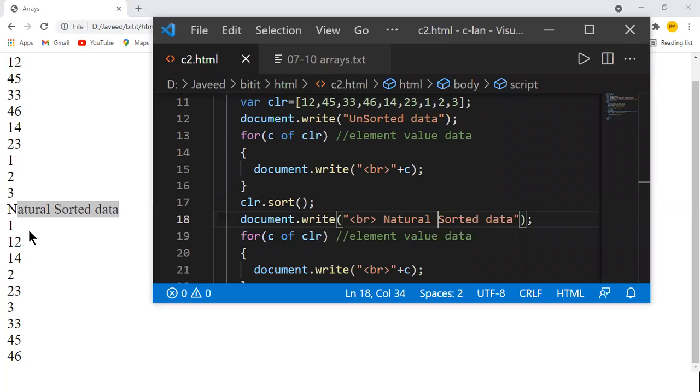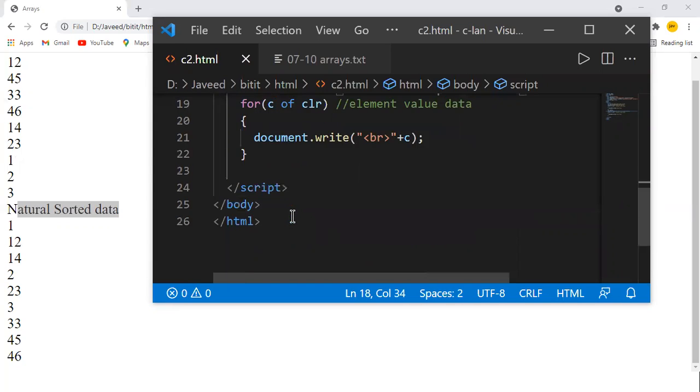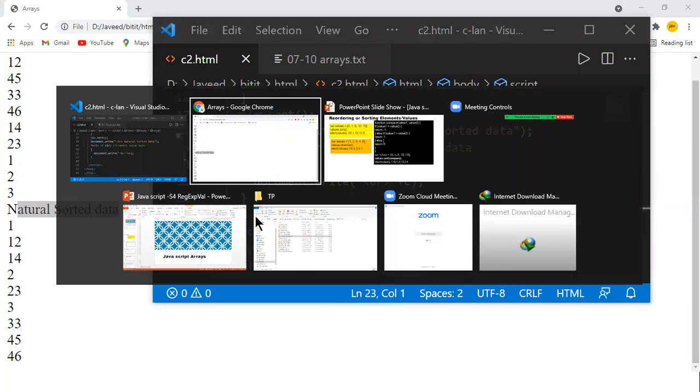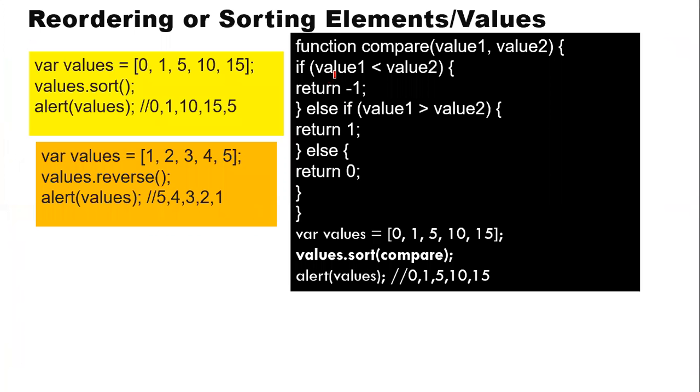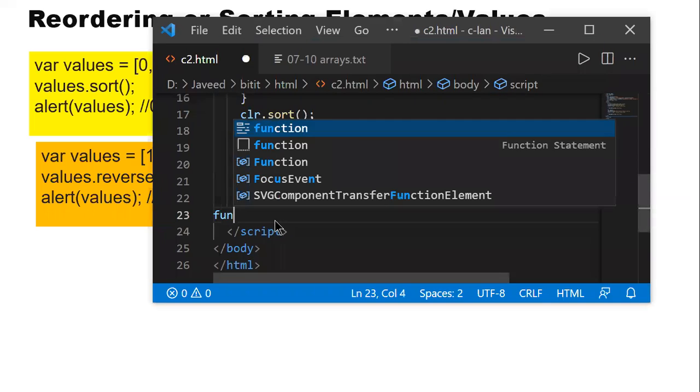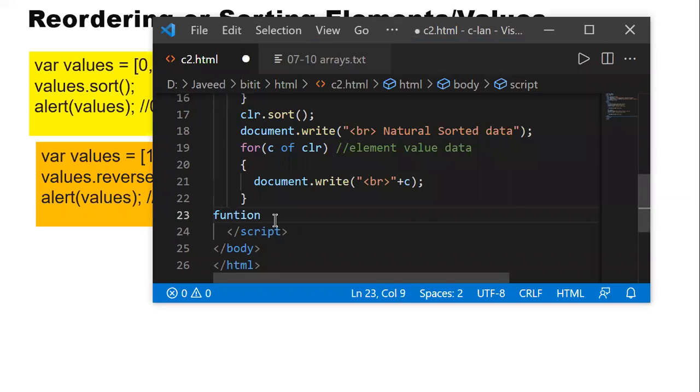Now, if I don't want to follow this kind of sorting, I can use a slightly different method. What we do is define a function; you can use any name for the function, and the sorting can be done with it. So how are we going to sort these numbers? Let us see this. I'll have a function, and I'll try to use the same function. You can use any name; the name can be anything.